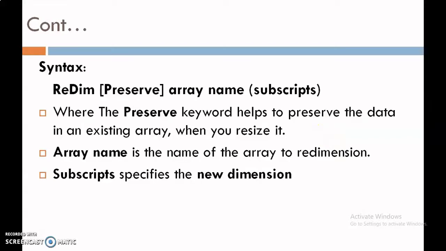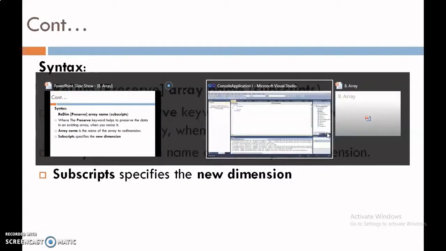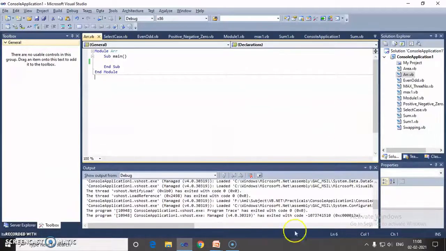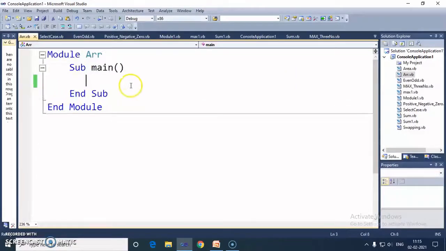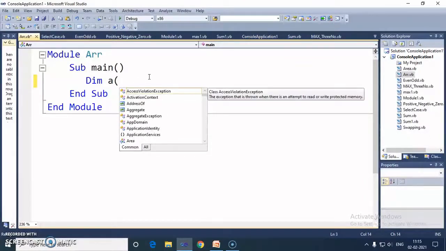Now let us see one practical using a console application. In this console application, create one module with the name Array. Then in this module, first of all I write Dim, create one array with the name A, then the size of the array.